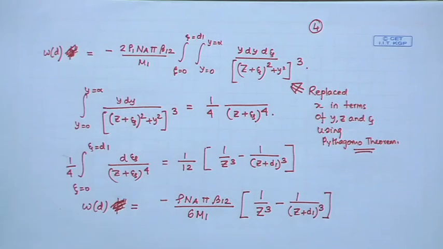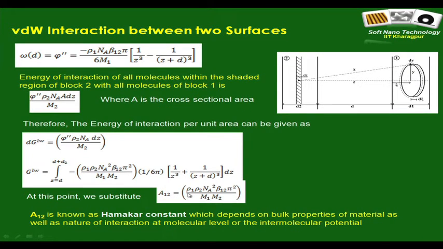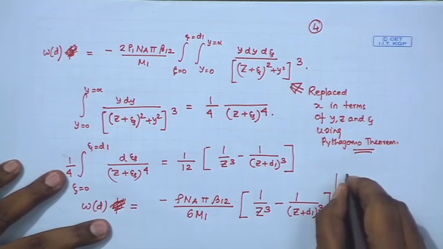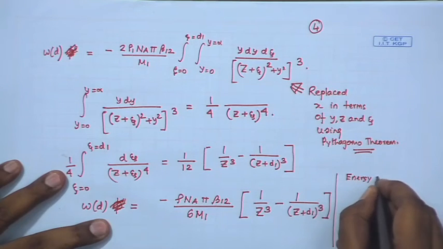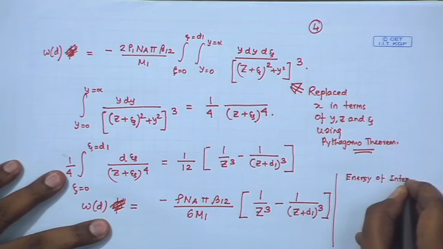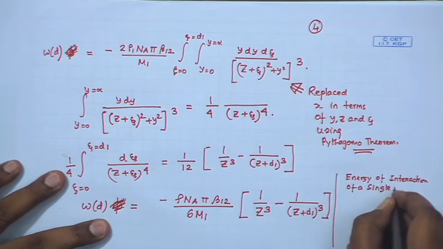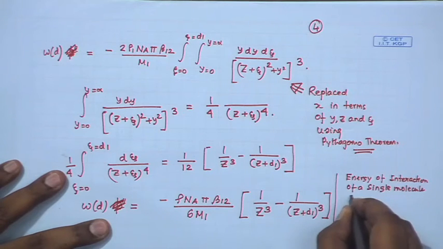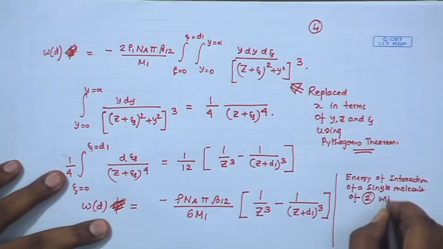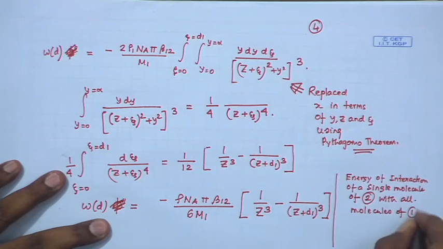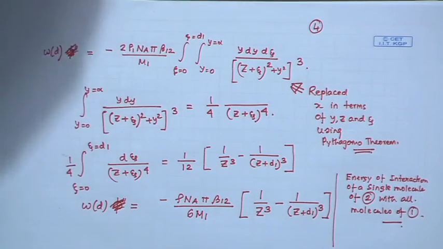So, what is this? In fact, this gives the energy of interaction of a single molecule of 2 with all molecules of 1. So, now what do we do? We simply do that,